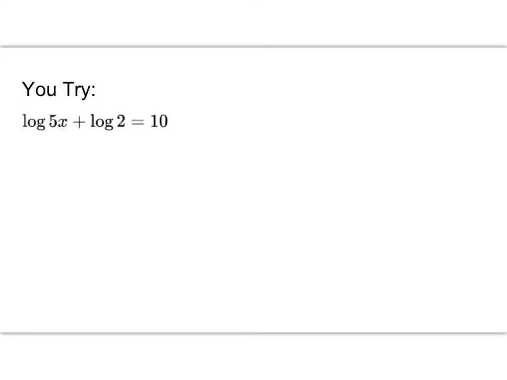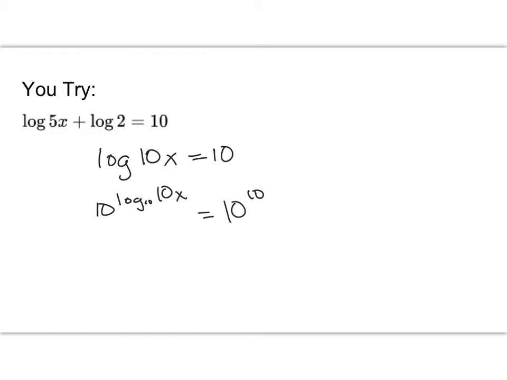Okay, here's the last one for you to try. I have log base 10 of 5x plus log base 10 of 2 equals 10. I'm going to combine these with multiplication, and I get log of 10x is equal to 10. I'm going to give both sides a base of 10. 10 to the log base 10 of 10x equals 10 to the 10th, and then these are going to cancel out, and I get 10x is equal to 10 to the 10th power, and when I divide both sides by 10,